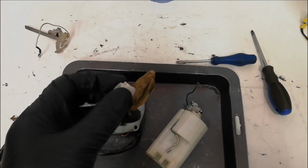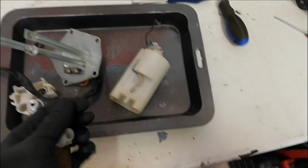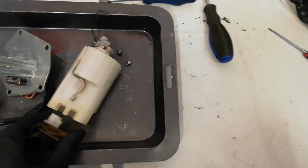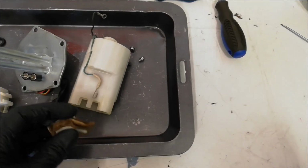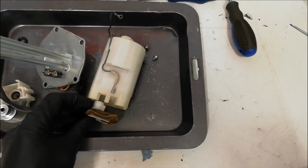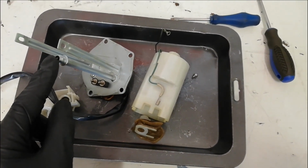That's the filter blown out with an airline, so all I'm going to do is the complete opposite of what we've done before. I shall turn this on its back, and I just need to push that into the fuel pump. Now the pump's trying to escape out the top, so push that back in, clip that into the fuel pump with a decent shove, and then I need to put that back onto here, and it will slide nicely over this pipe,